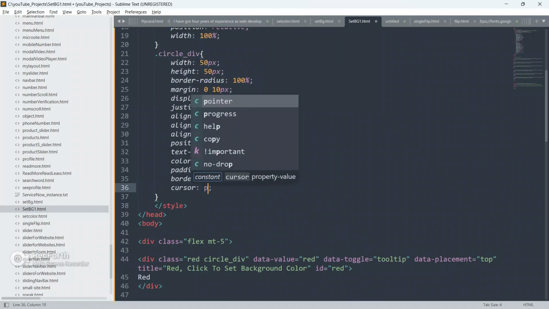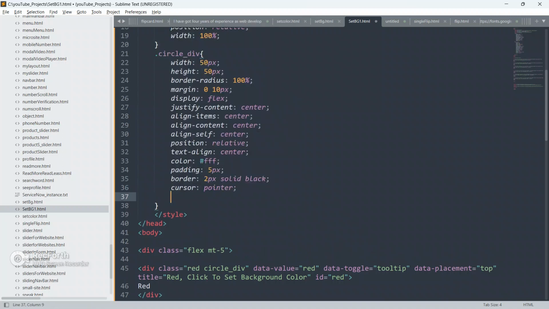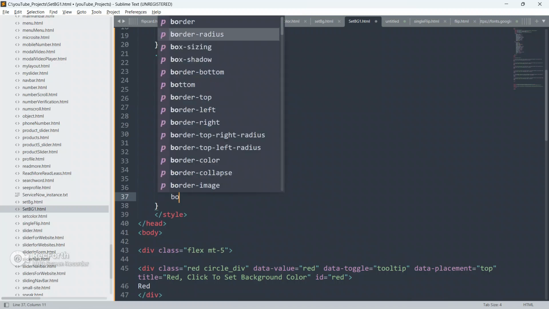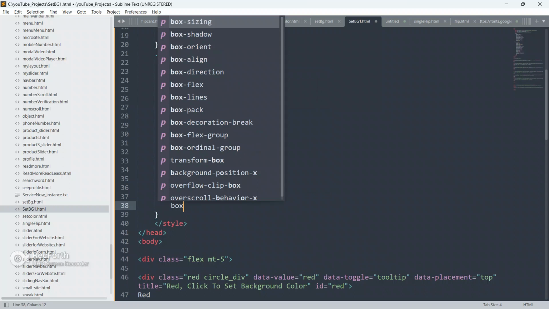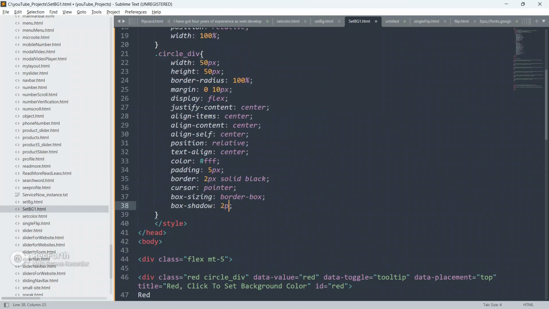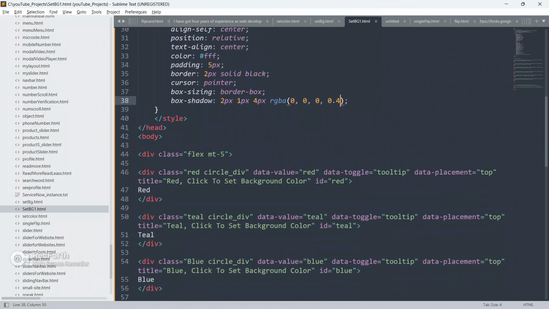Okay, give cursor as pointer, put box sizing as border box, put box shadow as 2px, 1px, 4px, RGBA, and just change the value of opacity, give it to 4. Save your code, go to the browser and refresh your page.